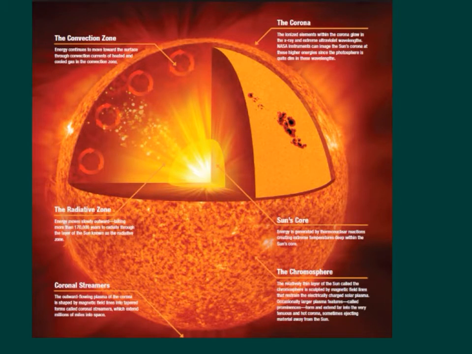Here's another example of a black box. This is a diagram showing what we think the inside of the sun looks like. So we can see the sun from this distance, but we can't actually travel to it. Not only is it too far away, but it's extremely hot, so it would be very dangerous for us to go to the sun. And yet, we're able to make these detailed diagrams explaining how we think the sun works and what we think's going on in that distant ball of gases that are on fire.